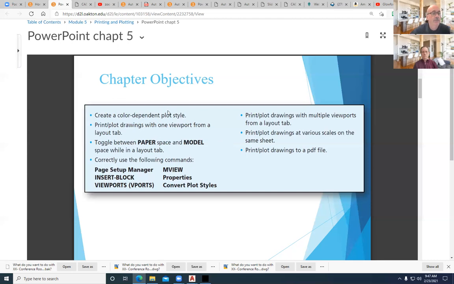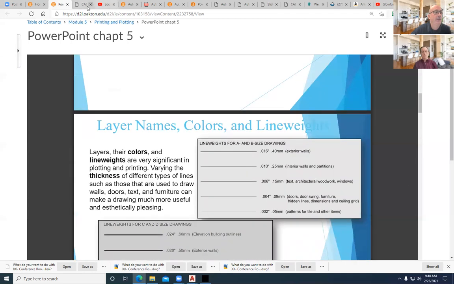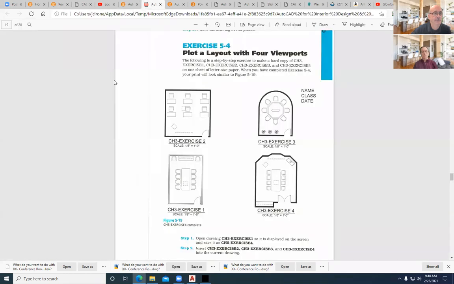We can go into that in depth in a little bit more of an advanced fashion. Paper space and model space and viewports are the main thing that we want to be able to work with here. And so as we look at the exercise here,